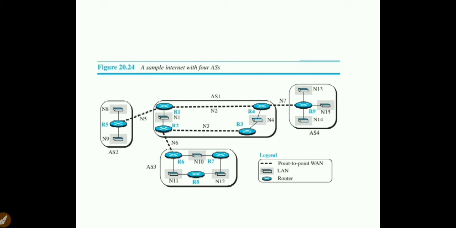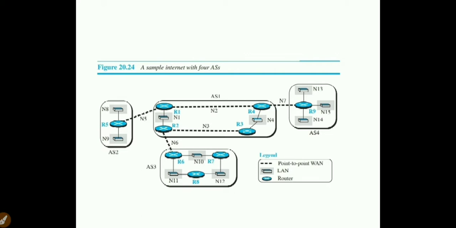So in autonomous system 1, there are 4 routers, R1, R2, R3 and R4. All are connected. And autonomous system 2 has one router, R5. Autonomous system 3 has 3 routers, but out of 3, only one router, R6, acts as a border router. So what is a border router?